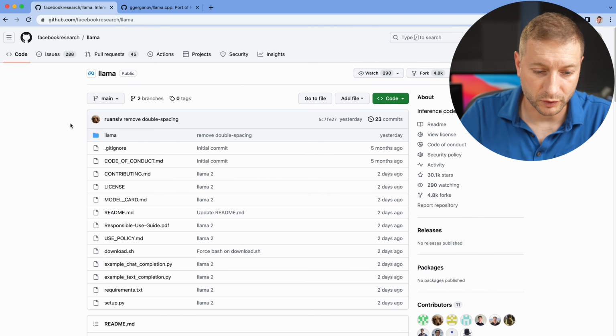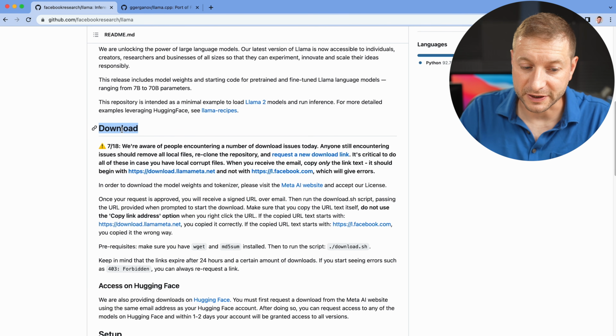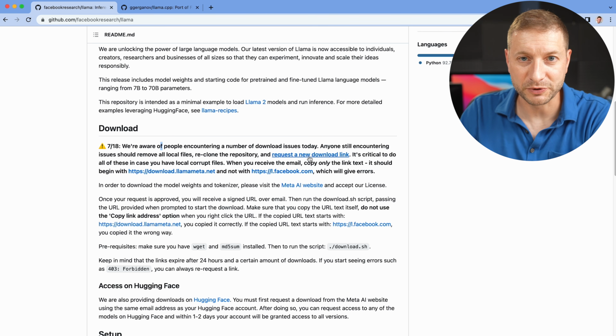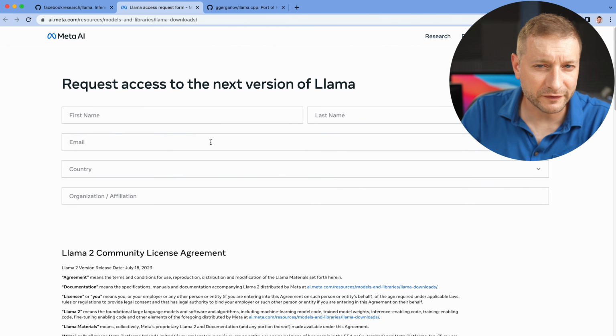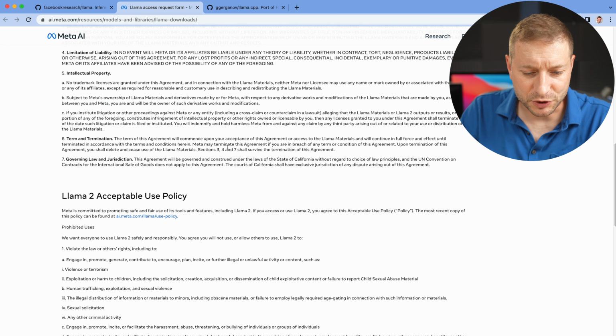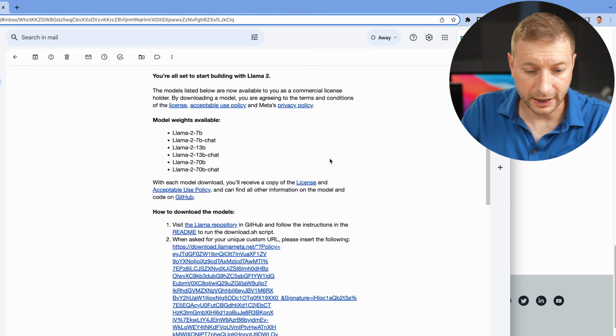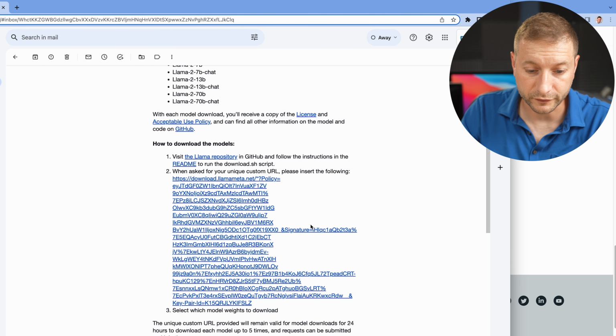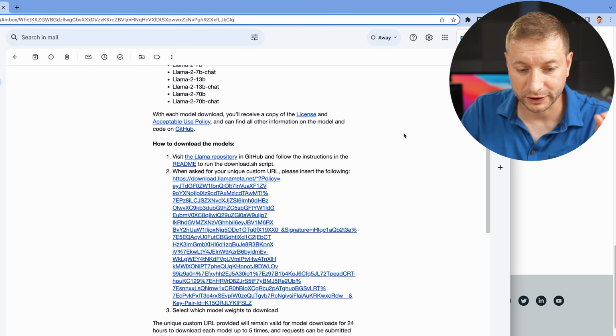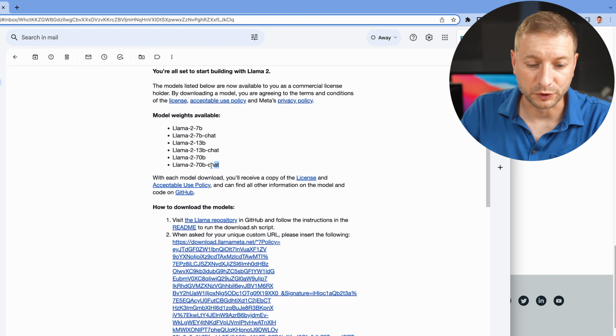Well, if you go back to the original repository, you're gonna need to scroll down a little bit, and there's a download section. And here, you're gonna need to click on this link that says request a new download link, and I will link to this link in the description also. When you go here, you're gonna need to fill in a little bit of information for Meta to keep track of you, accept the terms, and click on this accept and continue, at which point they will approve you, and a couple hours later, at least it was a couple hours for me, they sent me a link, and the link looks like this. This is the email I got from them. This link is not going to work anymore because it's only good for 24 hours. You just basically use this very special and very short-lived link, and that'll allow you to download all these models.